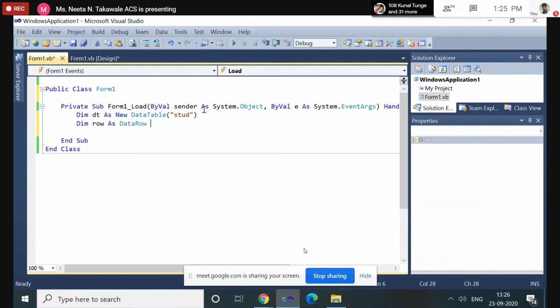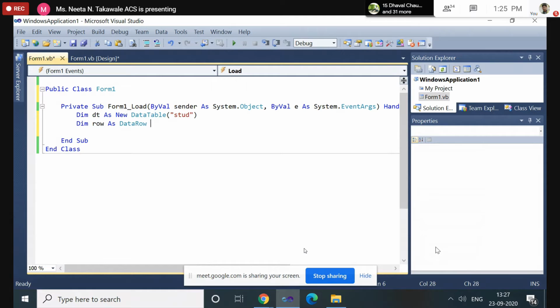Once you have created the object, next thing is you have to define the column heading. For a table the first row is always the column heading, that means roll number, employee name, mobile number, address, age. These are the column headings.